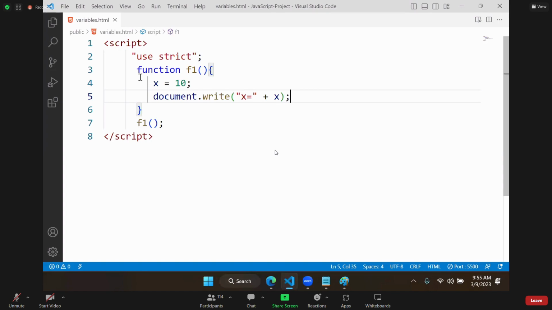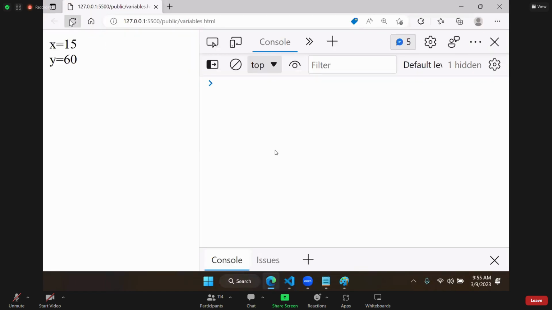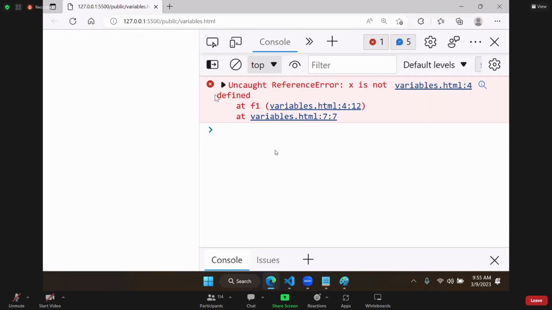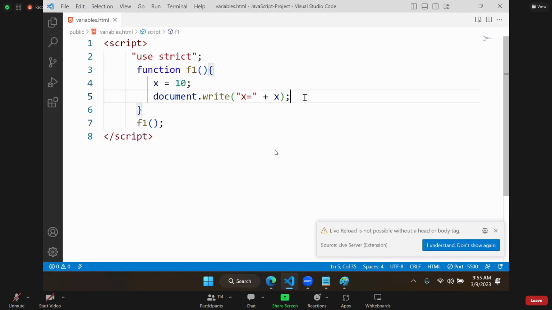It is not valid because currently I am in strict mode. In strict mode, variable declaration is compulsory. I am not declaring a variable. So without declaring or initializing a variable, I am trying to use it. It is invalid. Now what I am doing is I am declaring a variable